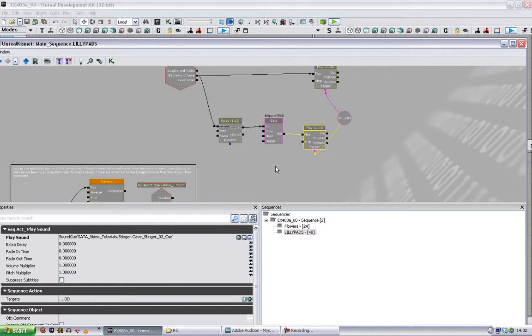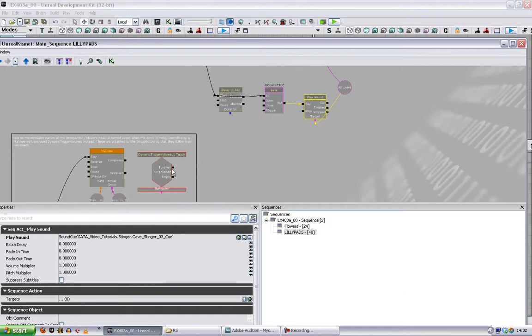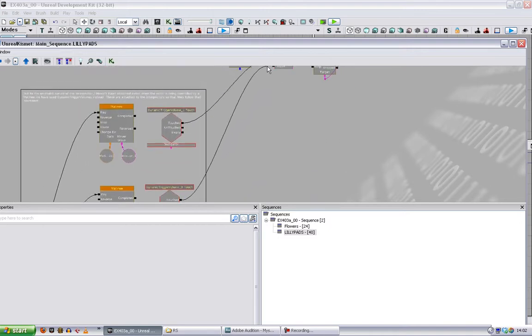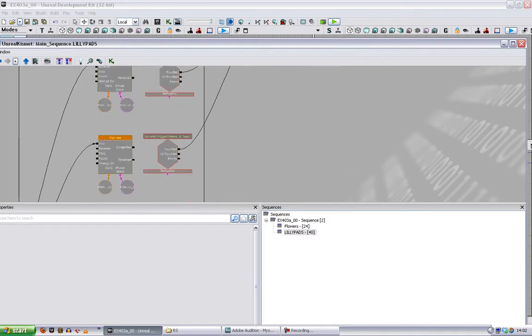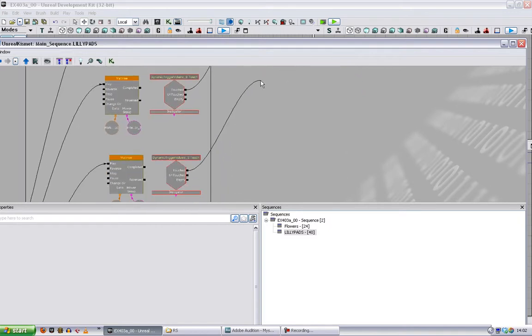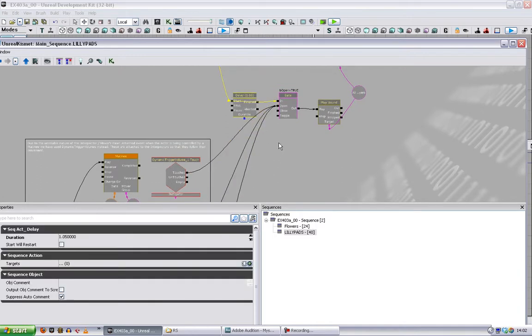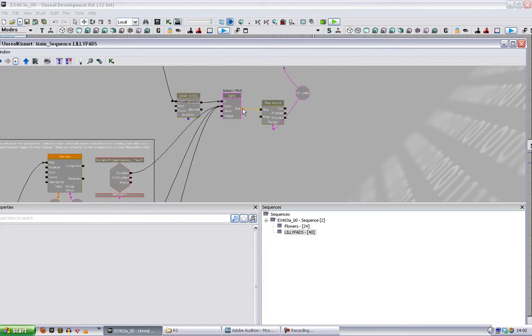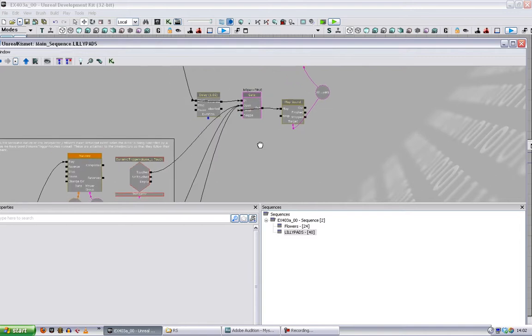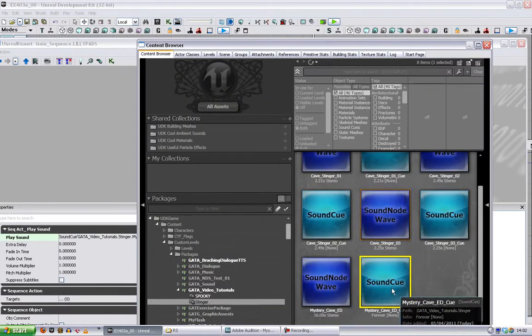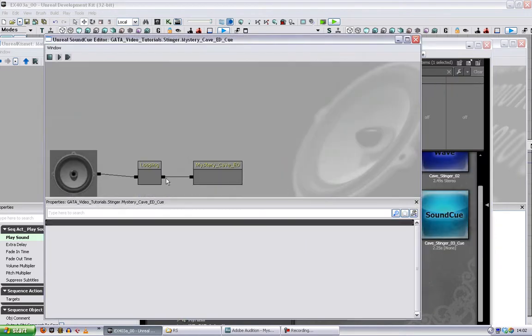However, the gate is only going to be opened by these dynamic touches. So when you land on a lily pad, the gate will open, and that means that the stinger will only play back at a musical point, which is controlled by this delay signal. And as soon as the gate is played once, it's going to close itself again. Now we want to make sure that this stays in time with our looping background, so I'm going to go in here and get rid of that,